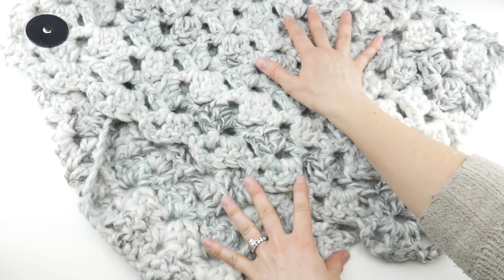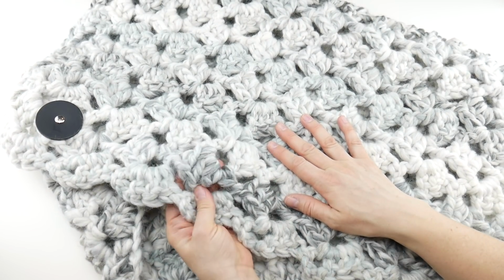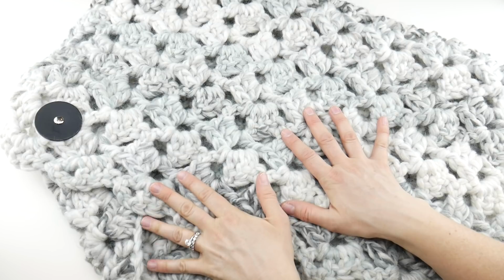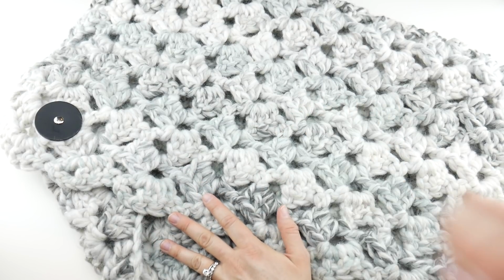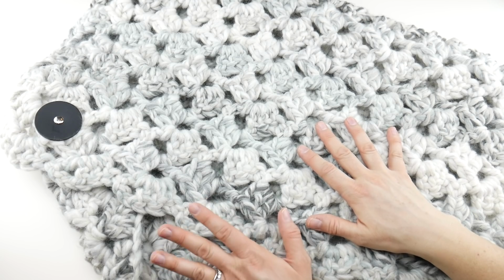In this video, I'm going to show you how to crochet the First Snow Capelet Cowl. This is a large piece that you can wrap around your body. It is made with some really chunky jumbo yarn. It's like wearing a blanket around you, and it is so nice for the chilly months when you're sitting indoors